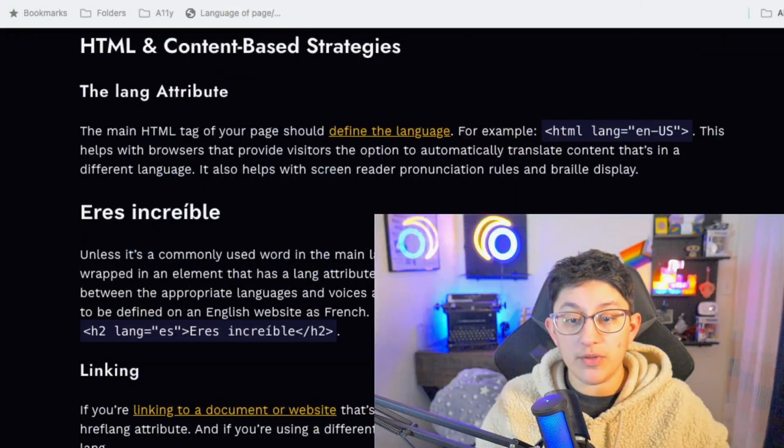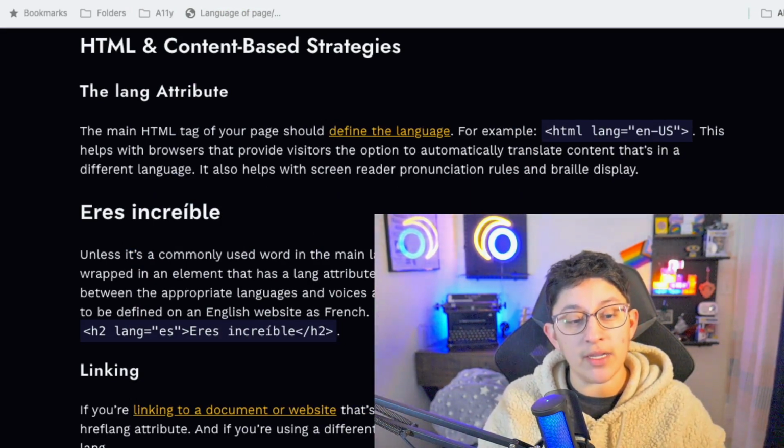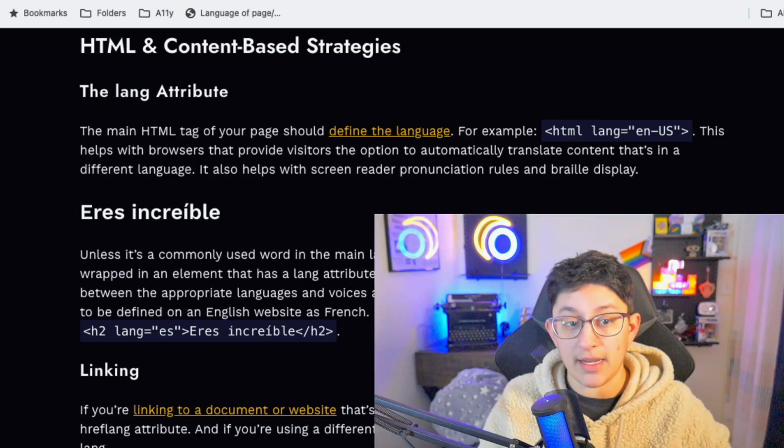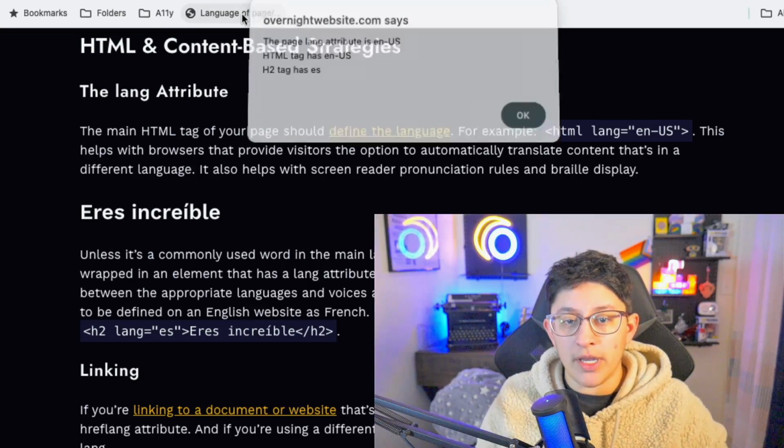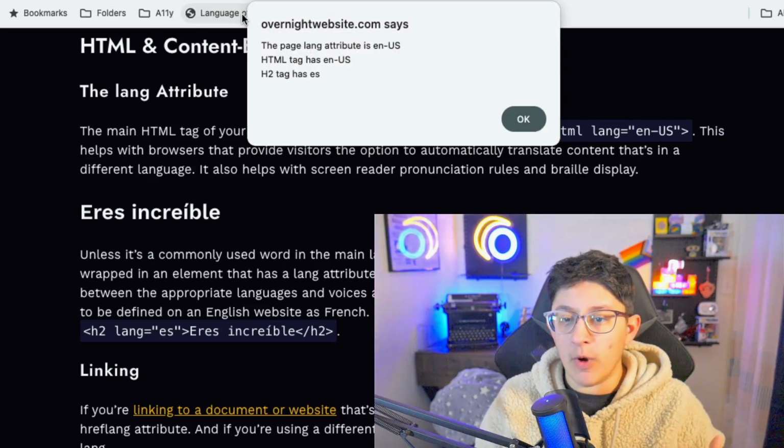There are some bookmarklets that will tell you at a glance what lang tags are being used across the site. The one I'm going to show you is from one of the bookmark collections that I shared in the bookmarklet episode of the Accessibility Testing Tools series, and I'll link to that page below. So if we head over to the browser for an example, I have a page here that is in English for the US audience. It is written in English, and then I do have a Spanish phrase on the page as a heading. If I click on the bookmarklet, it will give me a little pop-up where it gives me